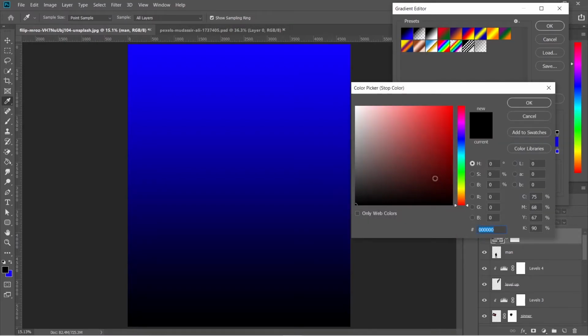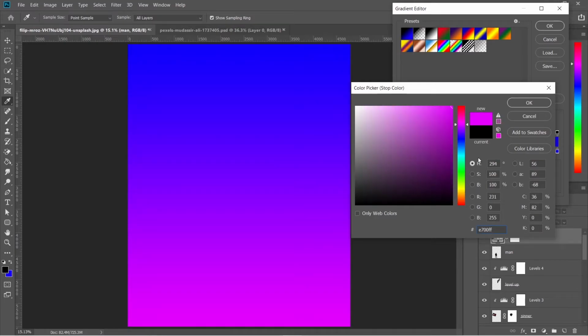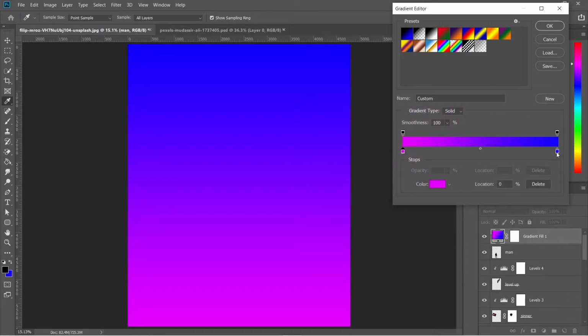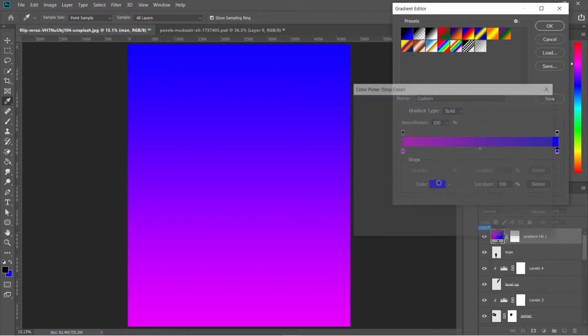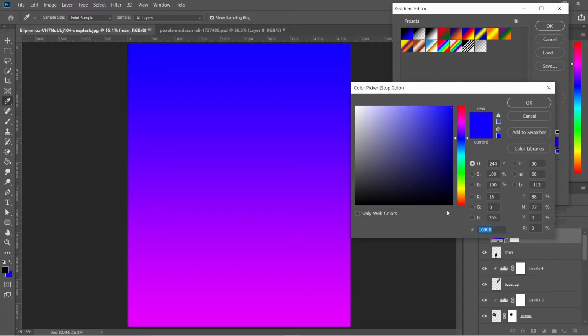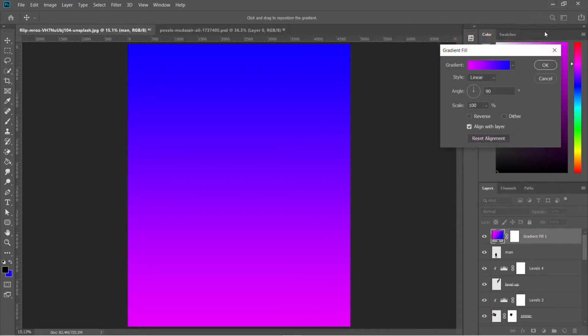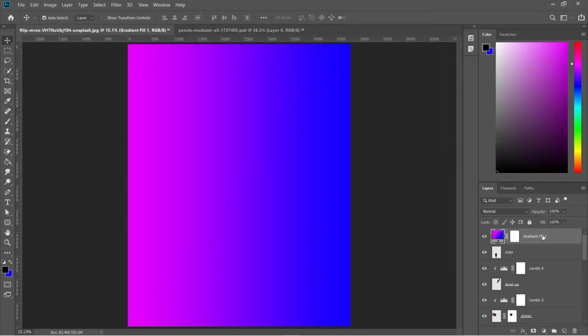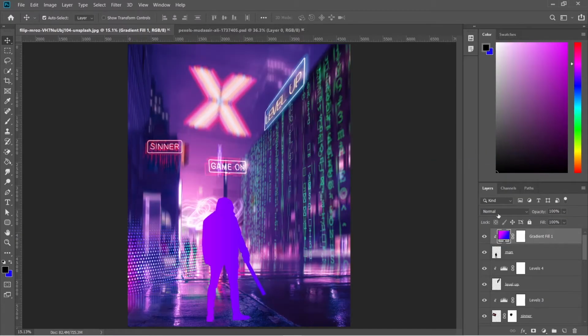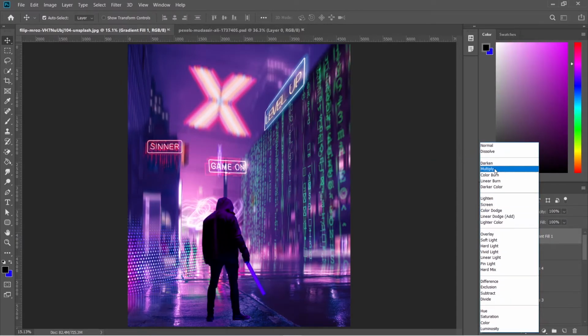Change the foreground color to E700FF and change the background color to 1000FF. Press OK. Change the angle to 0. Clip it to the man and change the blending mode to multiply.